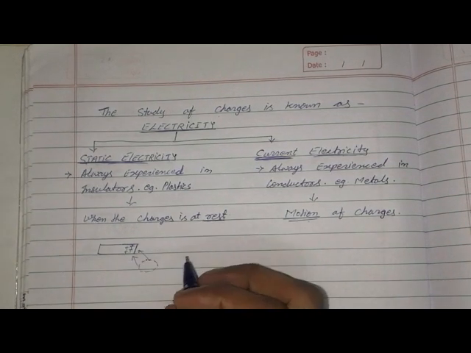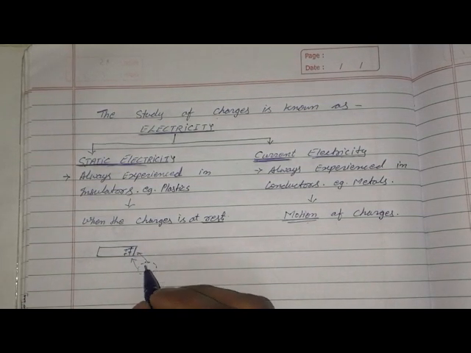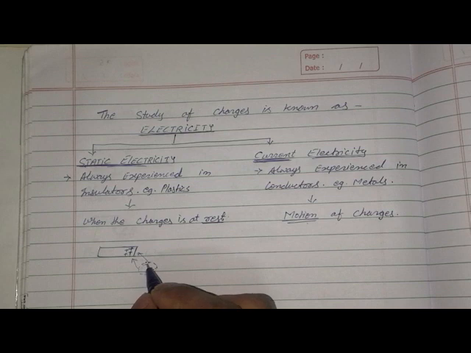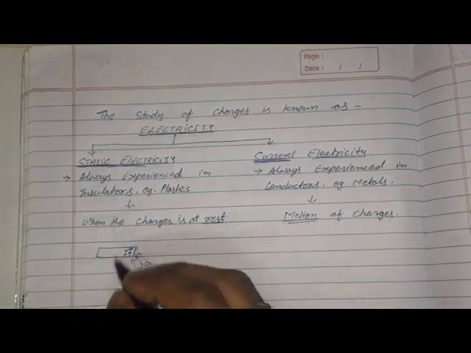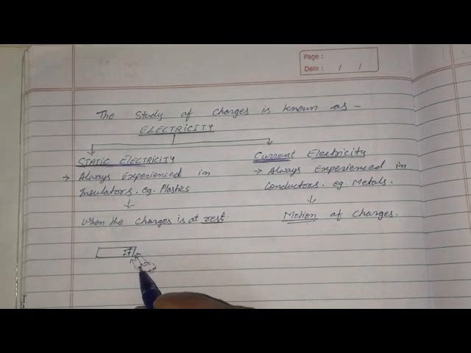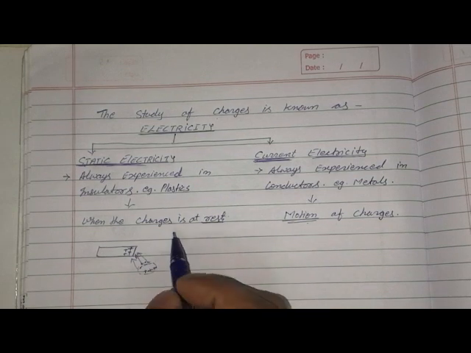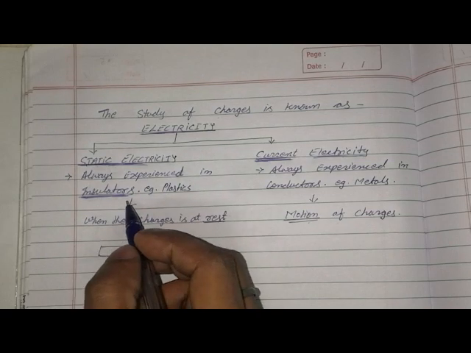Why does this happen? Because when you rub, some charges get developed on the scale, and as soon as you bring it near the paper, there are some positive and negative charges present on the papers also. So the negative charge will be here, and positive charges will be here, and hence by the opposite charges it will attract. We will understand about this in detail. Whenever these charges are at rest, that is experienced in insulators only. So static electricity is experienced only in insulators.